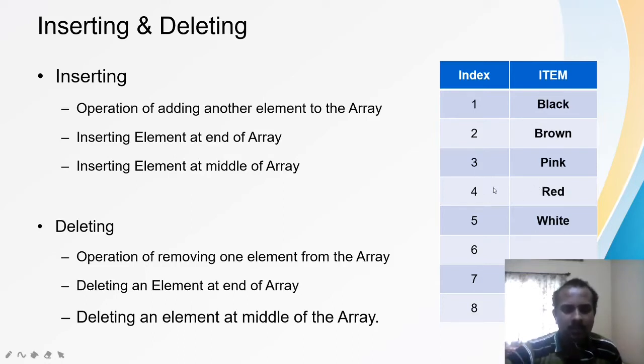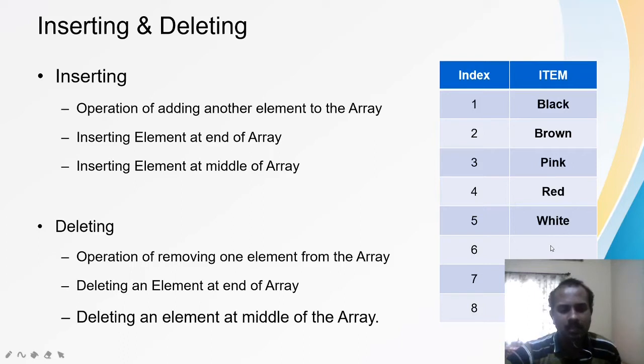So what do I have to do? If I want to insert at the 4th position, I have to bring every element one step downward until I reach that position. For example, I have to bring white one step down and red one step down. So you have to bring every element down one step until you reach the particular position where you want to insert the data. So I am bringing white down and red down, then I can make LA of K equal to purple. That time purple will get added, then red, then white.